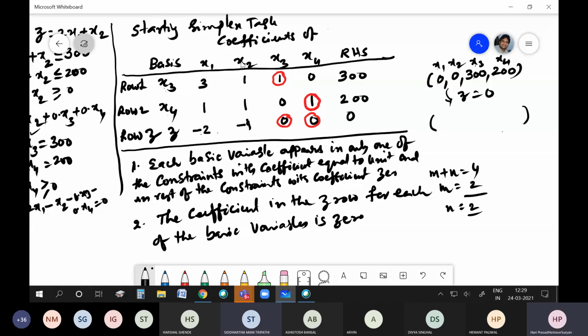x1. Why? It has the most negative value, so if you make it 0, more increase. Exactly. So whichever non-basic variable has the maximum negative coefficient should enter the basis. That means I should make x1 a basic variable. Okay, so the next point is...